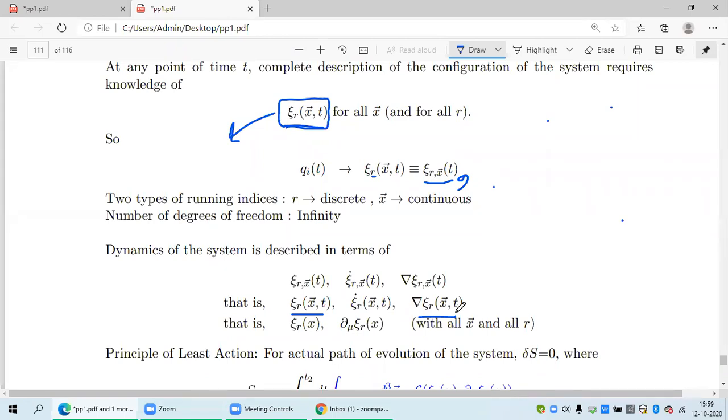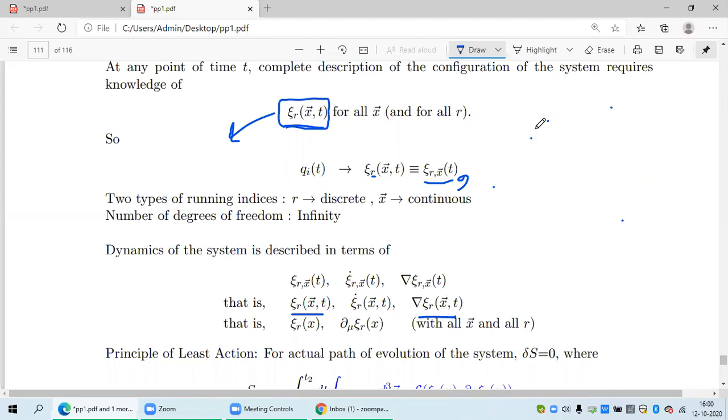We don't do any sum over the index. But here, are we doing a sum over x? We are not doing a sum over x here also, but